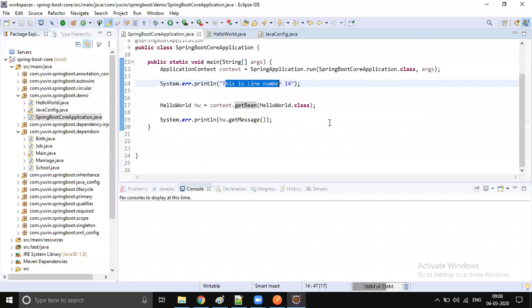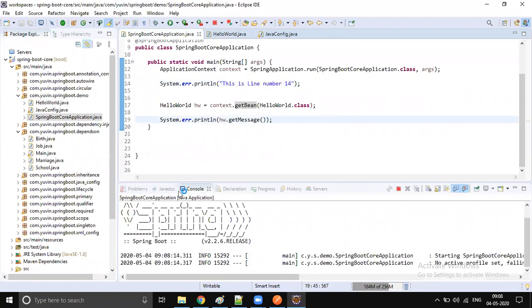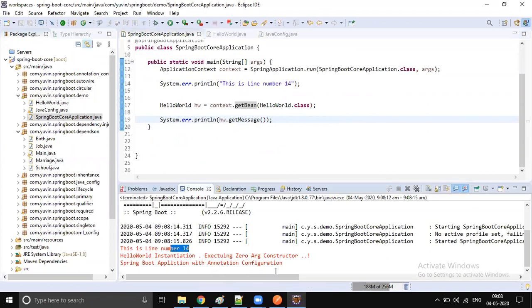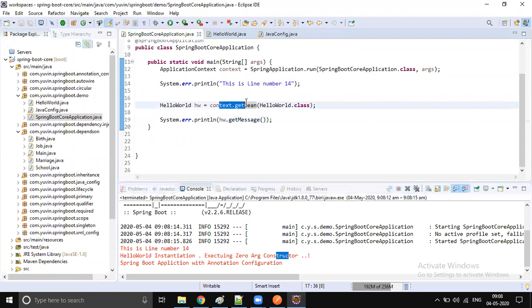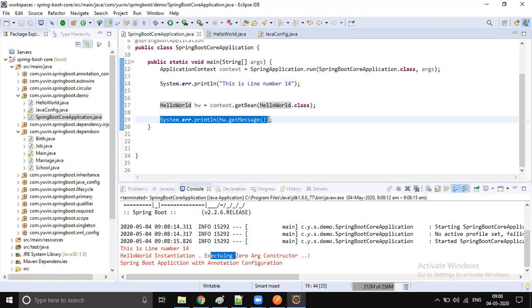If you add lazy and execute the code, first line number 14 will be printed, next the constructor. Why? Because we are expecting context.getBean hello world. Whenever you perform the lookup, at that time the bean will be instantiated. So the constructor got executed, followed by the message, which will be printed on the console. So that's how lazy works.